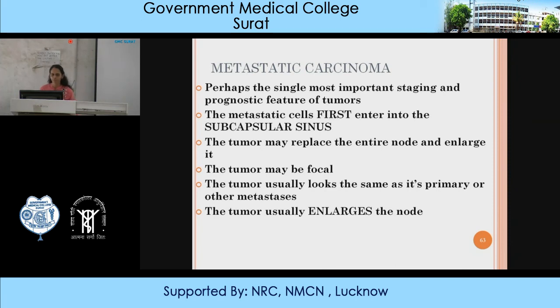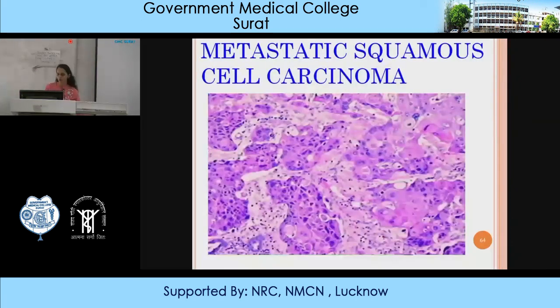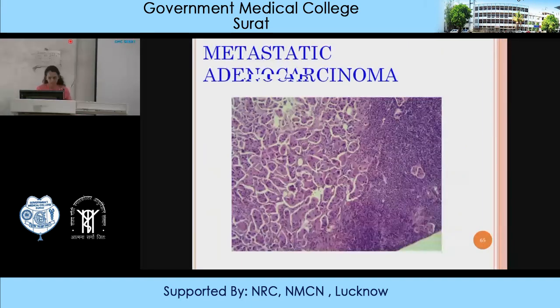replace the node. See, this is the metastasis of node, and you can see the squamous cell carcinoma again, but you can appreciate intracellular keratin. Like in the right lower portion, you can see the cells have abundant eosinophilic cytoplasm, that's the keratin, characteristic of SCC. Metastatic adenocarcinoma here, on the left side you can see the lymphoid aggregates, and on the right side you can see the different gland formation, like they give the look of papilla.